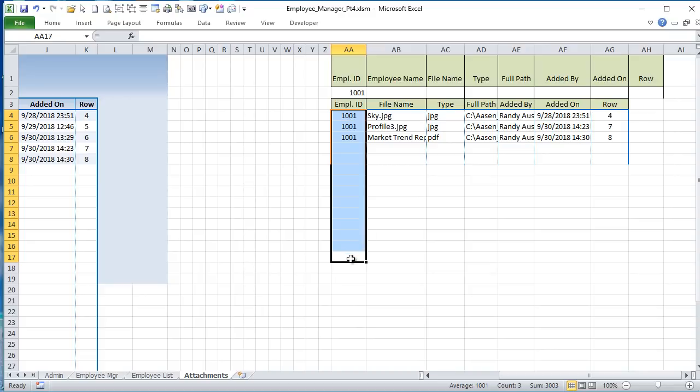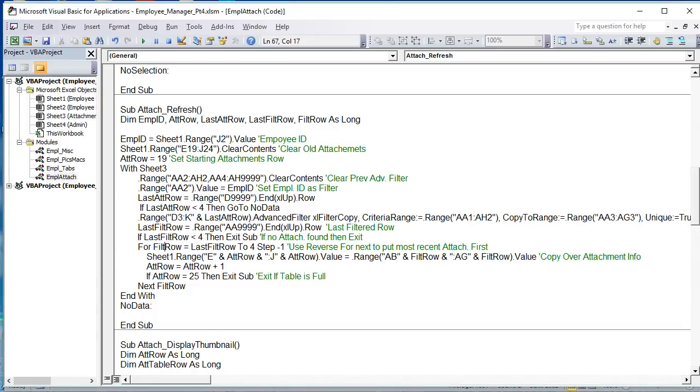We're going to go to 4 next. We're going to start at the last row, go to 4, and go in a step of -1 because it's in reverse. So let's take a look at that for next loop. For filter row equals the last filter. Remember, we're starting at the end, to 4, and step -1. -1 means reverse, so we need to use the reverse for next so that we can put the most recent